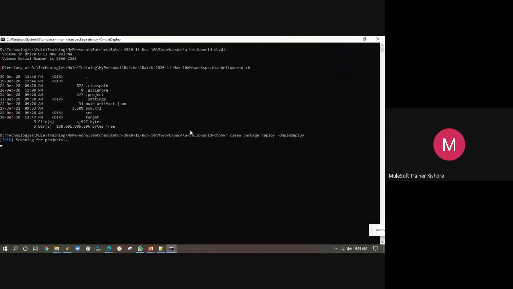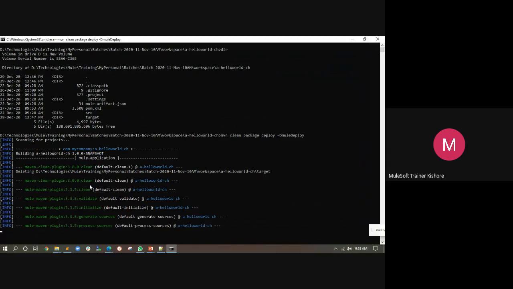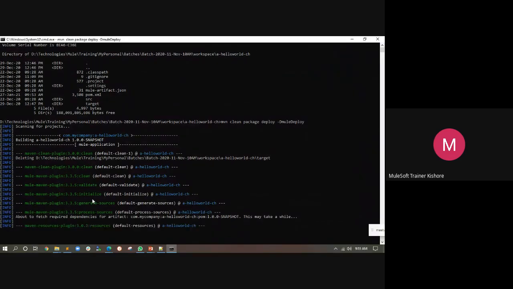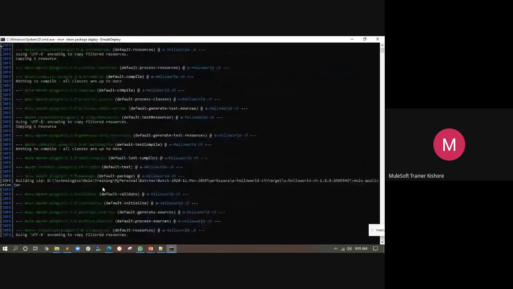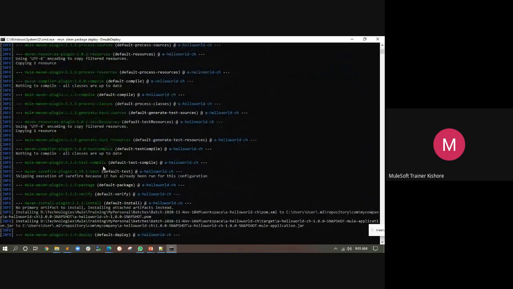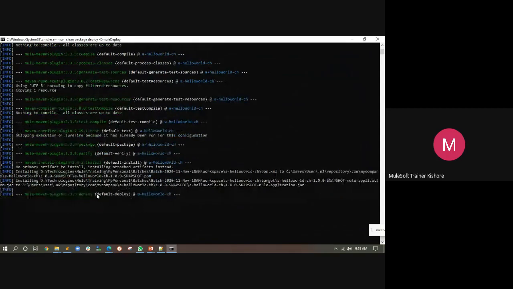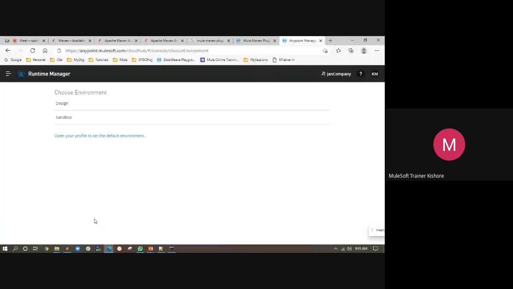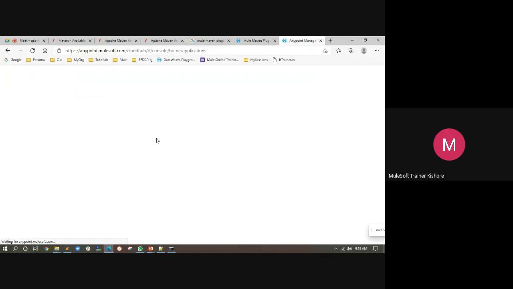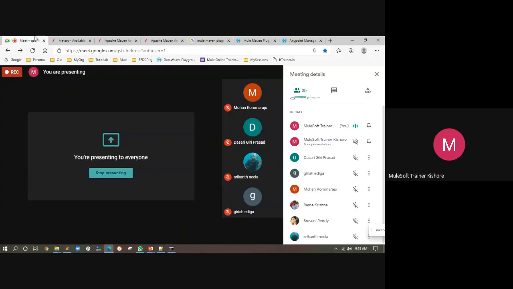So what it will do, it will clean the project and it will do the other stuff, and compile, test, and finally it is trying to deploy your application where, in your Cloud Hub. Choose your environment. So it's a fresh environment that is created before your eyes.